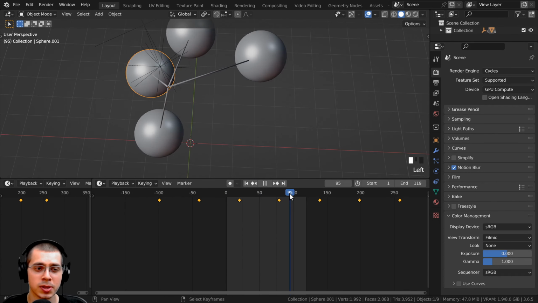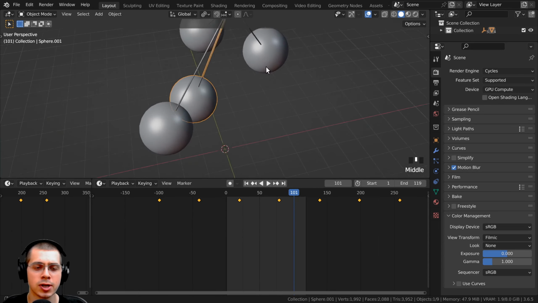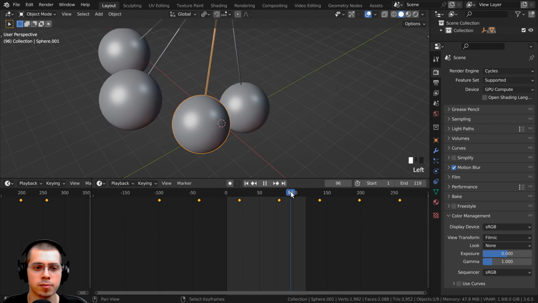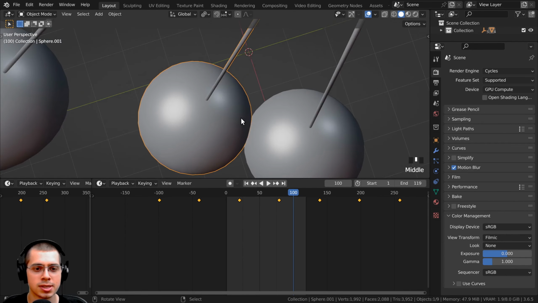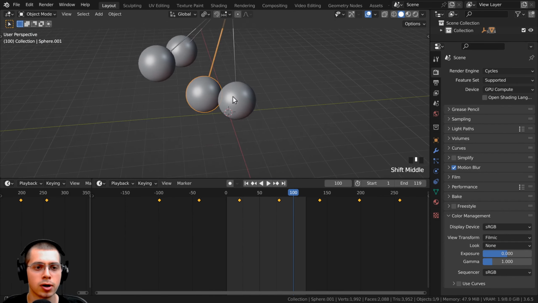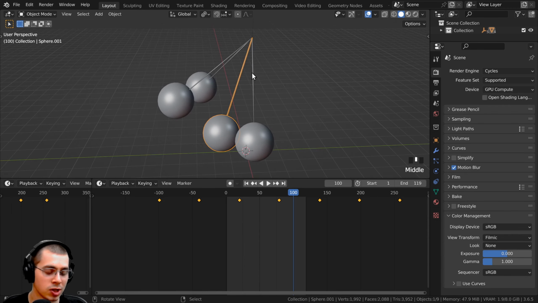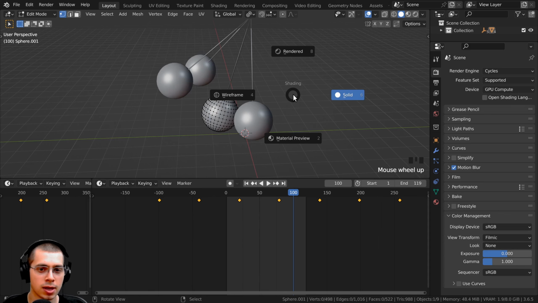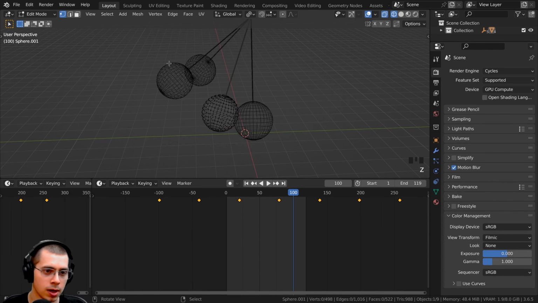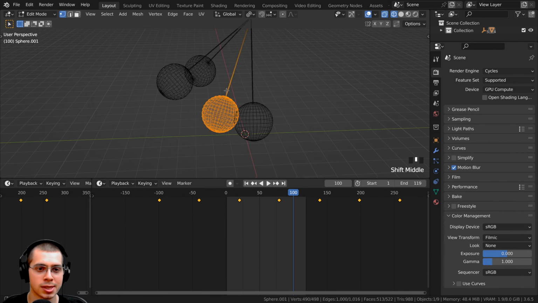Now, as I mentioned earlier, the spheres might collide with each other if the strings are not long enough, because they need a bit of space. So if I navigate right here, you can see the strings just aren't quite long enough. So if this is happening, you can hit the Tab key to go into edit mode. Then you can deselect everything, and you can go into wireframe, and you can just click and drag to box select the sphere in the